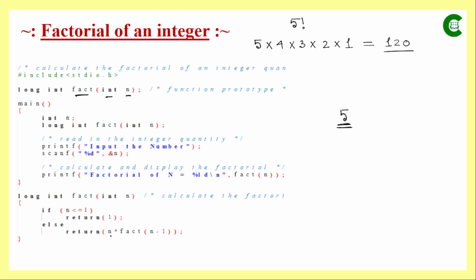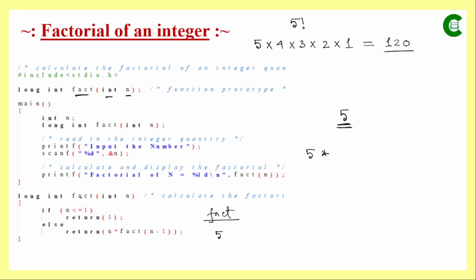We have first n. So what is the value of n? The value of n is 5. And then we have this multiplication operator, so it will be multiplied by some other value. And what is that value? For getting that value, again it is calling the same function fact. So in the first call of that fact function, we have obtained this value 5,